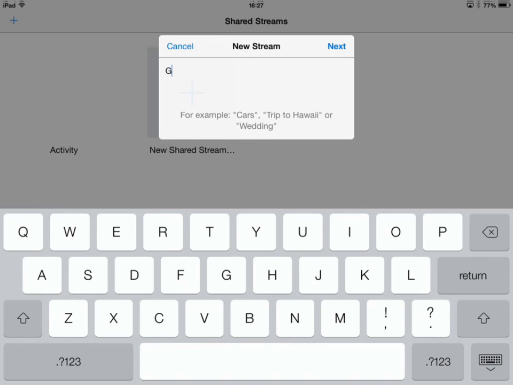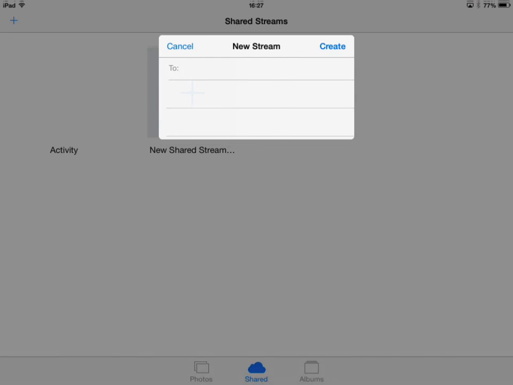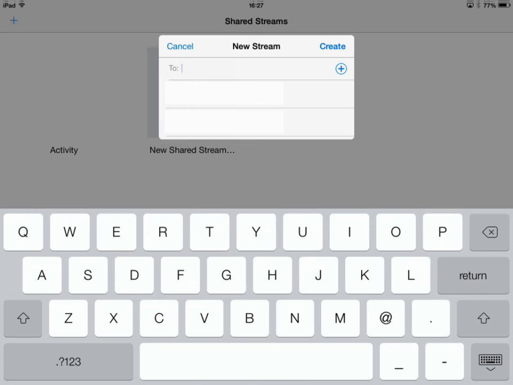And we need to enter the name for the new stream. This is the name that everyone who shares it will see. I've given it a sensible name, called it Genoa, the name of the city where the pictures were taken. Okay, here we have who the stream is going to. So these are all the people, you can add as many as you like, that the stream will be shared